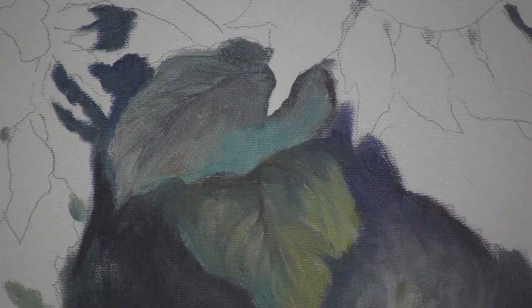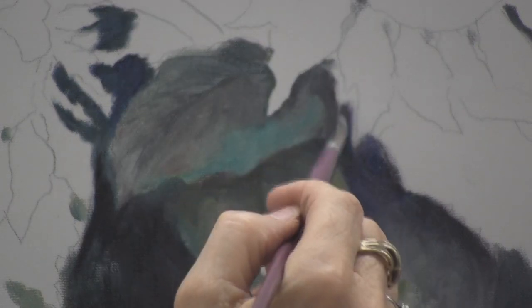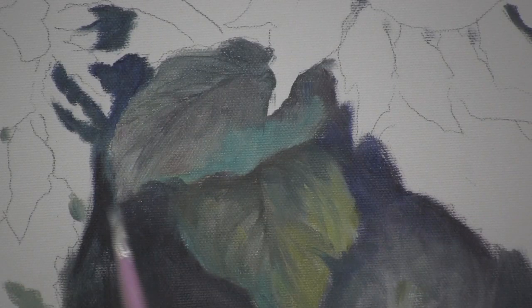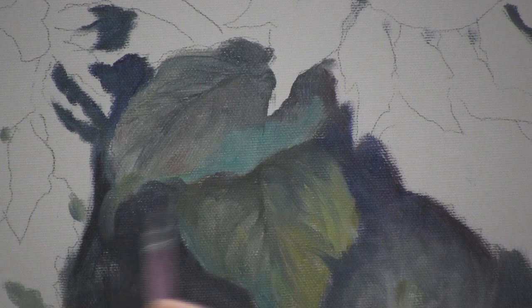Clean it up around the edges and underneath some of the petals that are hanging down over the edge of the leaf. I'm going to put a little shadow there of anything that looks dark. This leaf does have a little bit of a curve to it right there that I like. I'm going to take a little bit more of the light color and come around, just pull it around